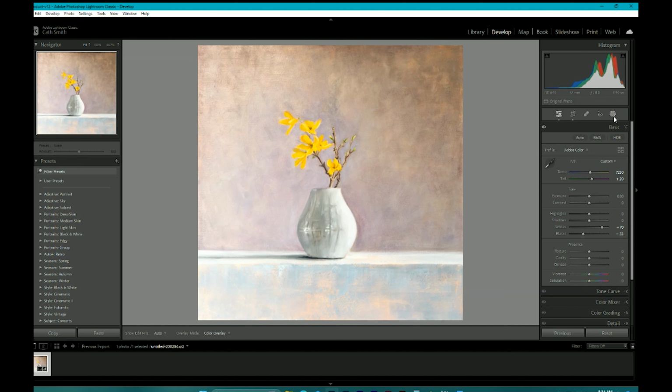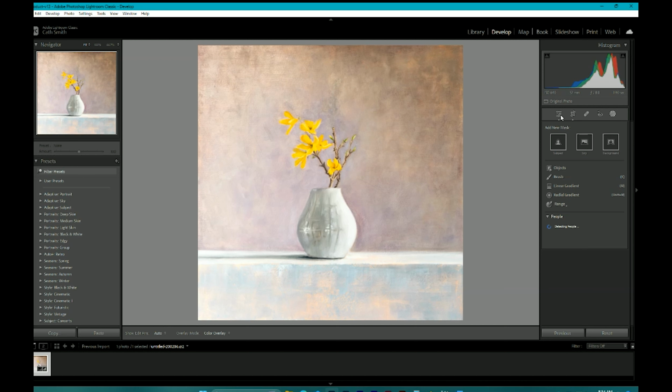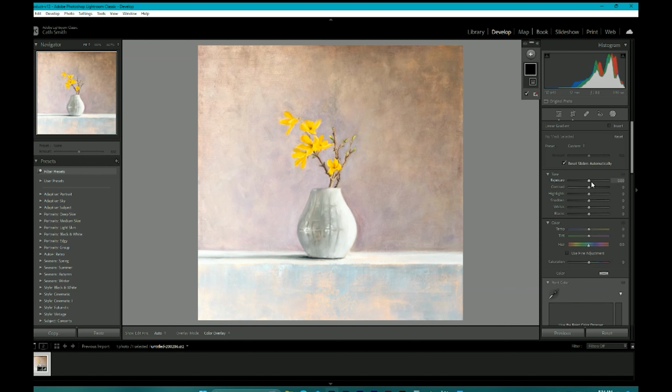So there's one last adjustment I can make, which again, in this top bar is the dash circle with dashes around it. And I'm going to use a linear gradient, and I'm just going to nudge the exposure up a little bit. It doesn't need to go very far. So maybe, let's say, a quarter of a stop. And I can drag that across,